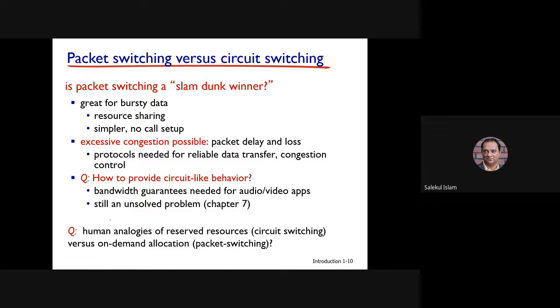So the question is, is packet switching a slam dunk winner? That means, is this always the winner? So this is a great idea for bursty data. We can easily share the resources, and this is very simple, and there is no call setup time. আমার কোনো ইনিশিয়াল সময় দরকার হয় না কলটাকে সেট আপ করার জন্য।